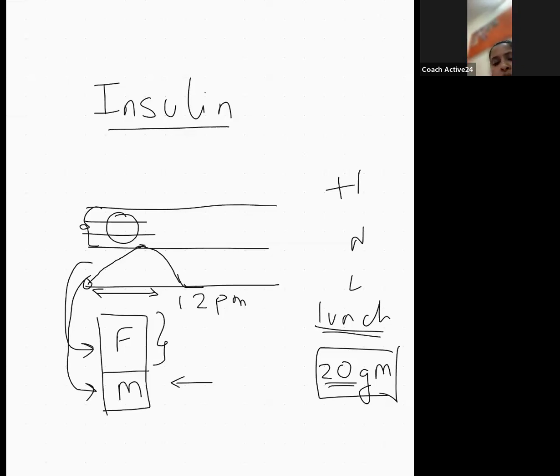Again, when insulin releases, the amount of fat storage is less. That's why in this week what we have observed is weight loss, because you are having salads, you are having proper